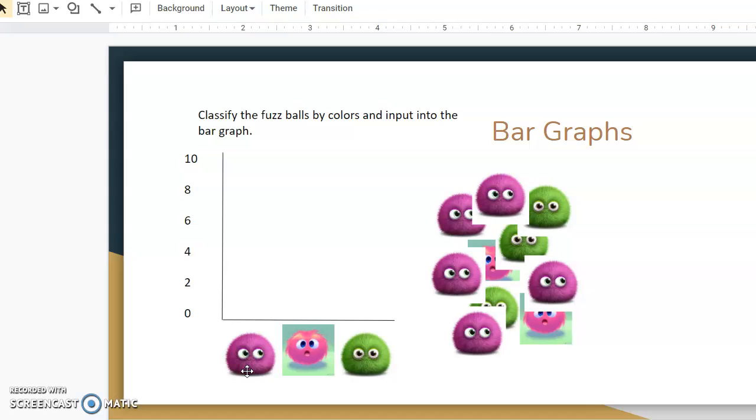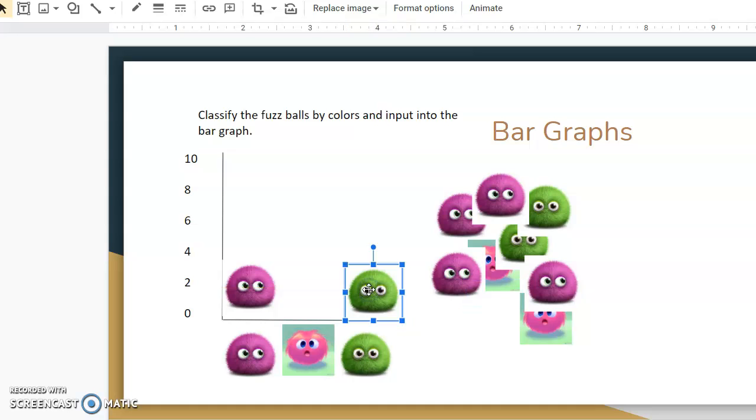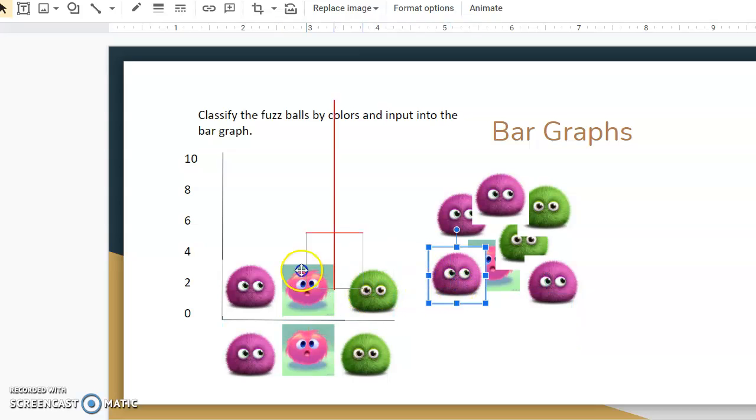Now, here we have classification of objects of our fuzzballs: a purple fuzzball, a pink fuzzball, and a green fuzzball. First we're going to start moving our fuzzballs into the proper categories. You can do this in any order you would like, as long as your fuzzballs get into the proper categories. We're going to see how many fuzzballs we get